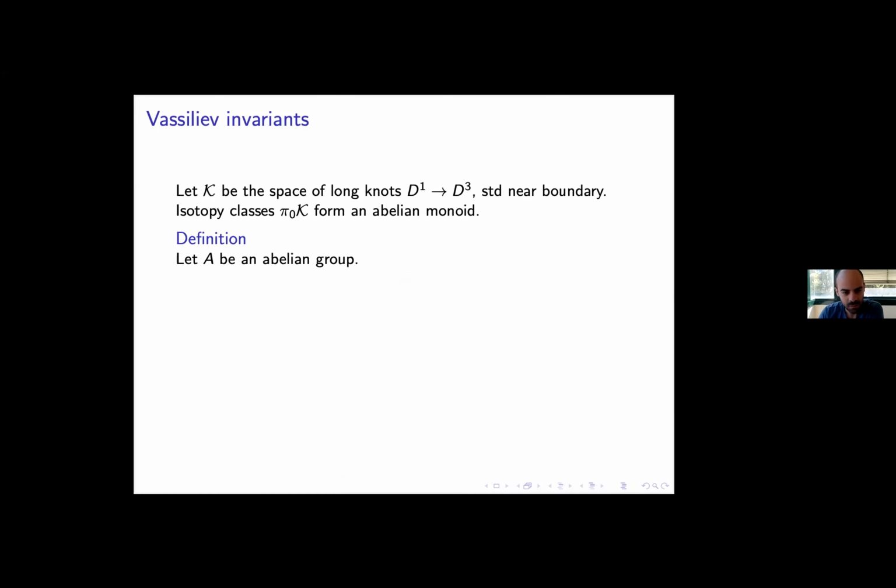So the Vassiliev invariants are a large class of invariants of knots. So the setup is the following. You take an abelian group, and then you look at invariants, so just monoid homomorphisms from these isotopy classes to that abelian group. And one such knot invariant is called degree n, or type n,